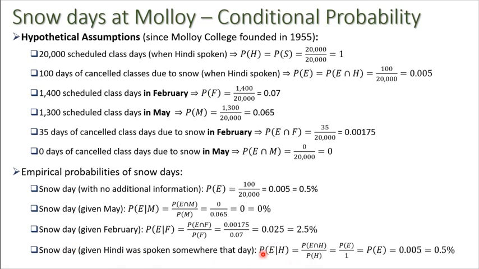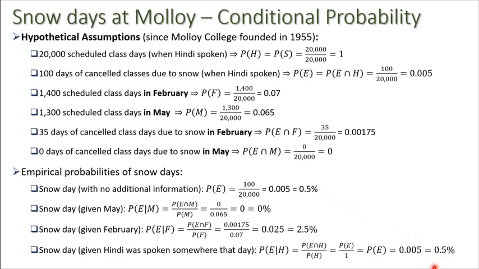And finally, we could just talk about the probability that we had a snow day given Hindi was spoken somewhere that day. So P of E given H, that's going to be the probability of E intersect H over the probability of H. We said that the probability of E intersect H is equal to the probability of E, right? Because E intersect H is just going to be E. And the probability of H, again, because H is S, that probability is just 1. So we have the probability of E over 1, which is just the probability of E,